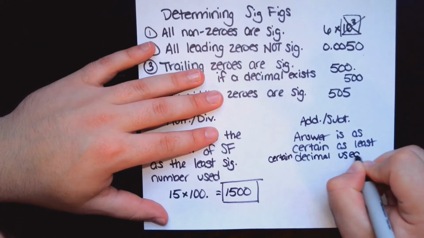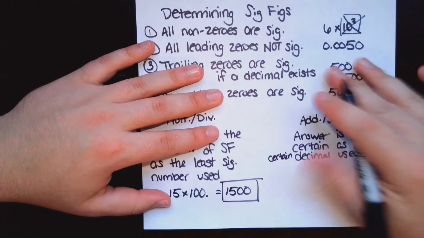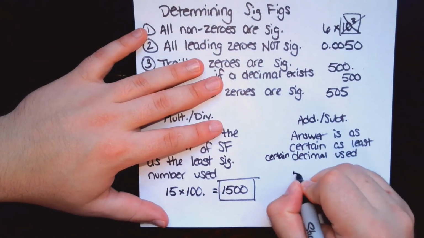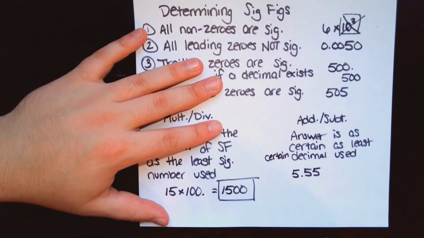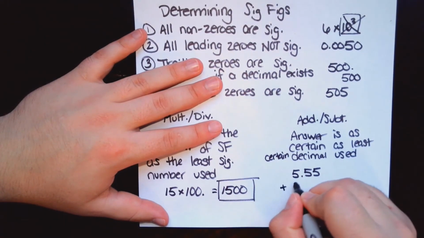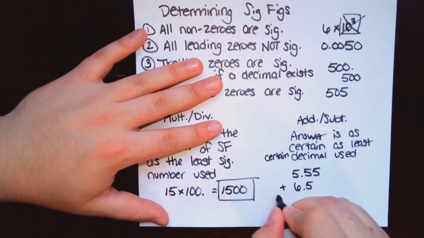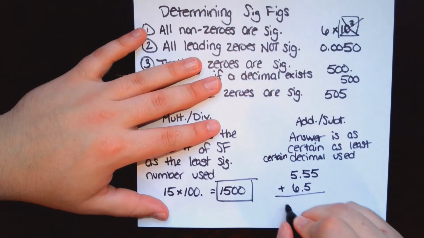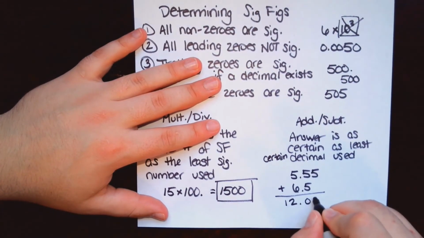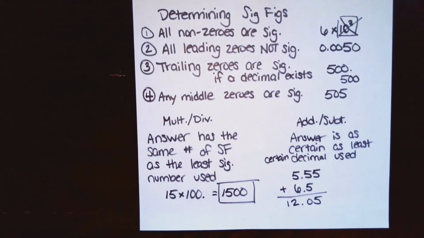So what does that mean? Well, let's say we're going to add 5.55 plus 6.5. If you just add this up on a calculator, you would get an answer of 12.05 and call it good. However,